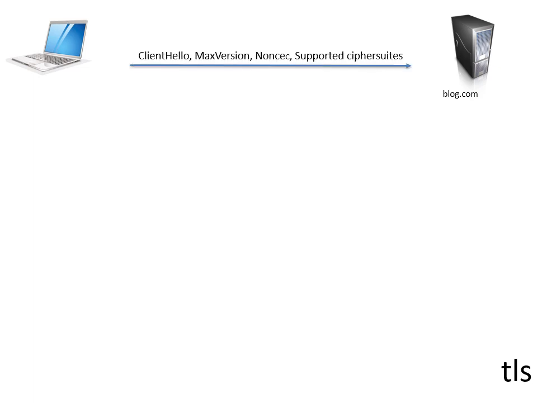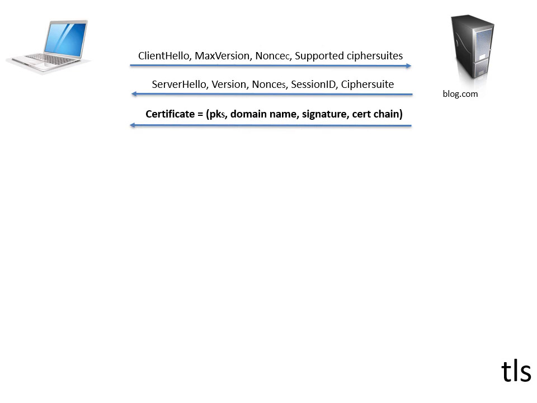So how does this factor into the TLS protocol? We've finally gone through every single piece of this protocol, so you should understand it completely. Here's the first message. Remember the client hello: we're sending a version, this random nonce, and the cipher suites we support. The server sends back its hello message. It sends back its version number, a session ID, and the cipher suite they're going to use. It also sends back the certificate. So this is the public key of the server, the domain name, the signature,